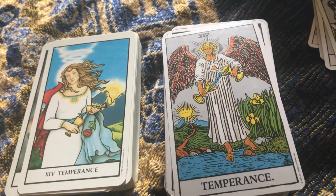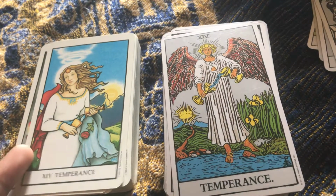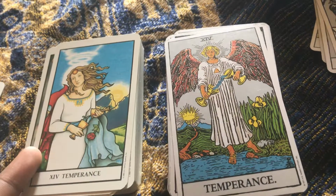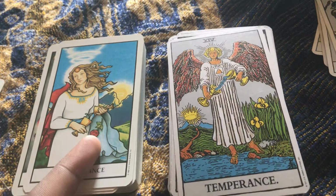Instead of wings, we're actually seeing a red cape in the background. And red is actually a color of strength, of power. We're also getting the red depicted in the red